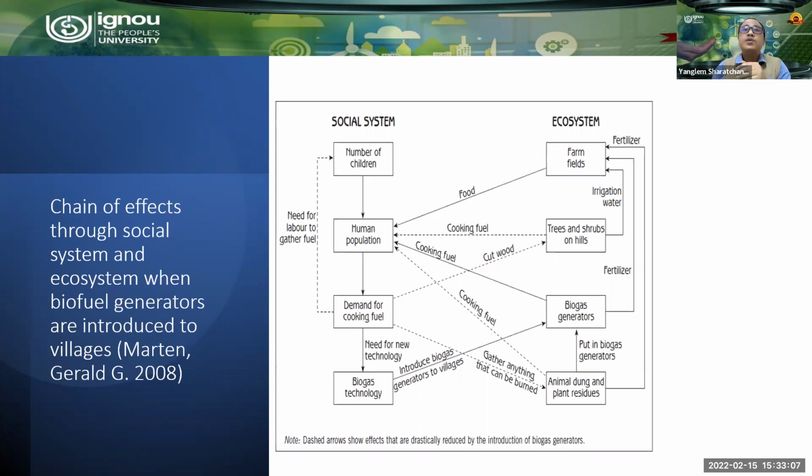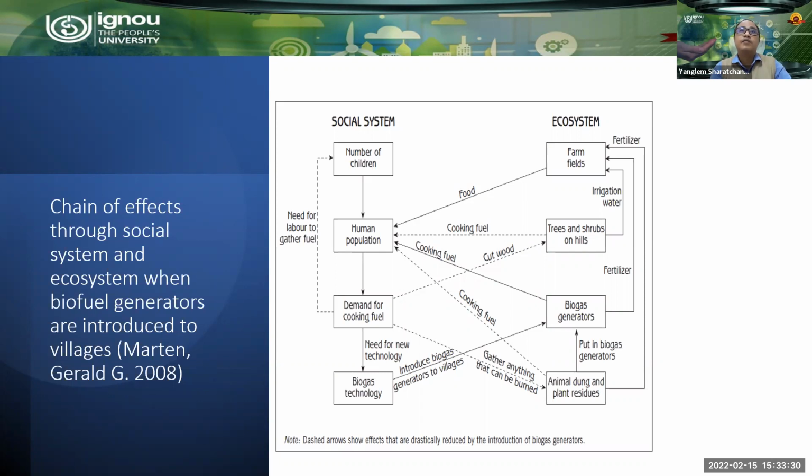Providing LPG to each and every household. So when we provided such opportunities and facilities to those rural areas, that again has a chain of positive impact, whatever we have as a negative impact, when we are trying to understand